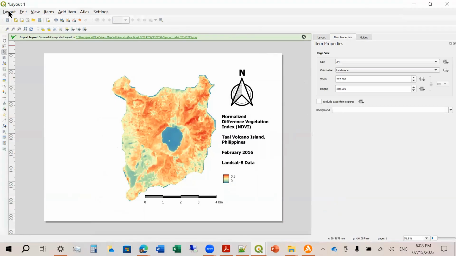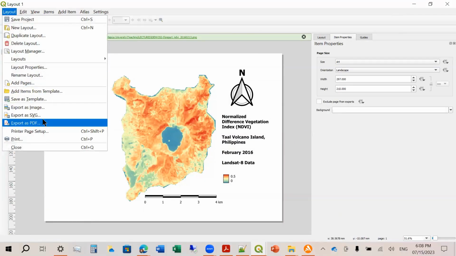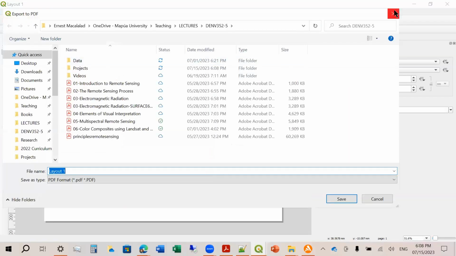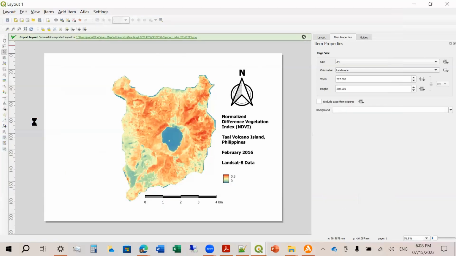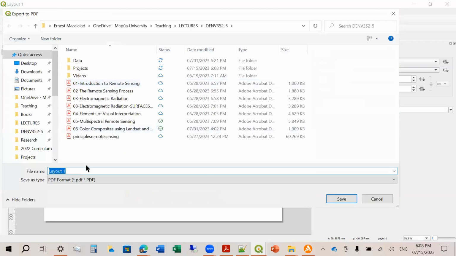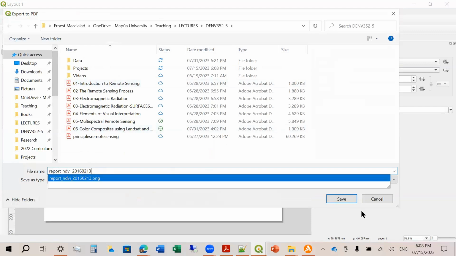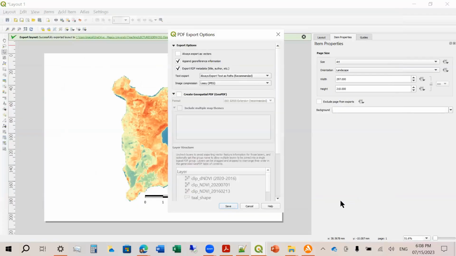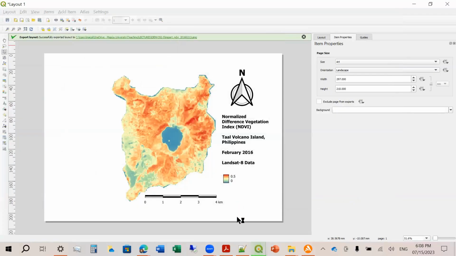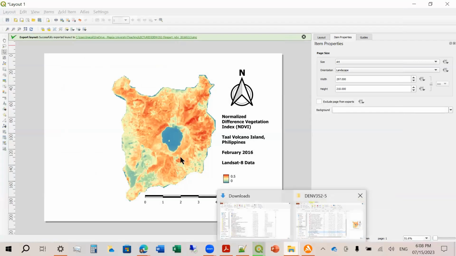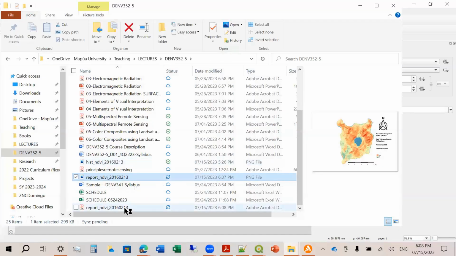Okay. So let's try to save the project again. Then export as PDF. That's it. Let's export as PDF. So report NDVI. To save. So let's see.